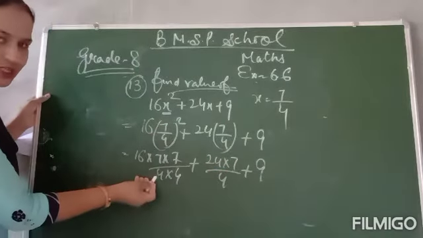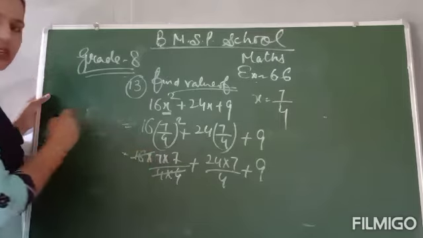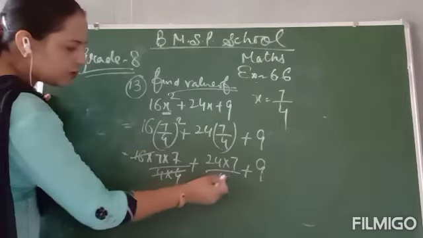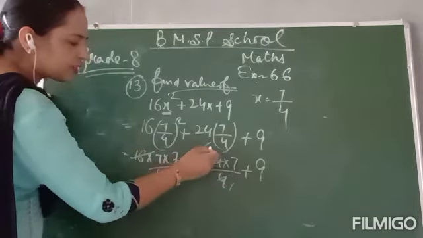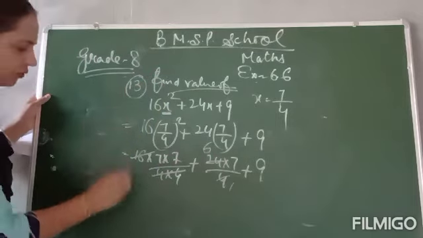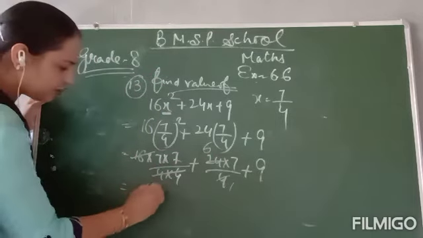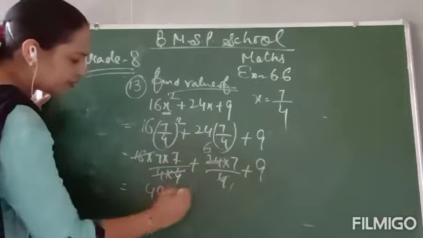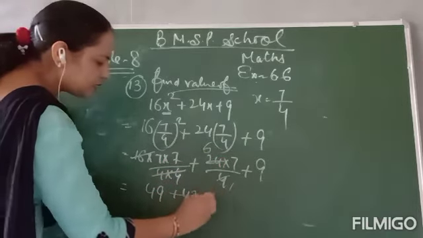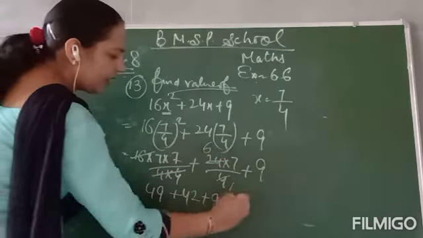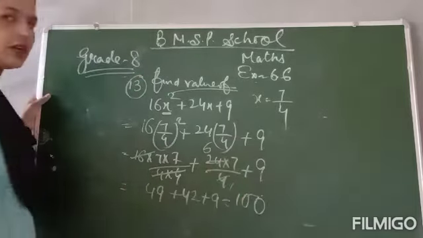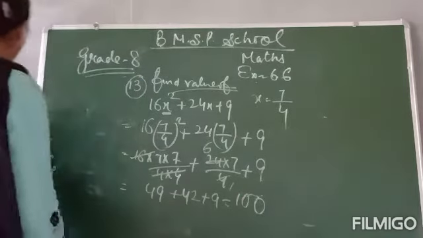Now 4 fours are 16, 16 cancels with the 16. Next is 4 ones are 4, 4 sixes are 24. Now do the calculation. 7 sevens are 49. Here 6 sevens are 42, plus 9. When I add all, I got my answer 100. Okay. Now next is